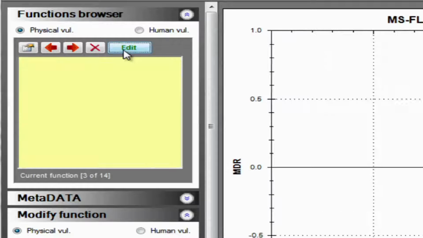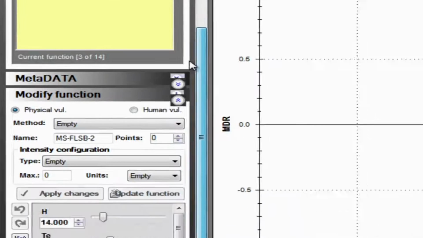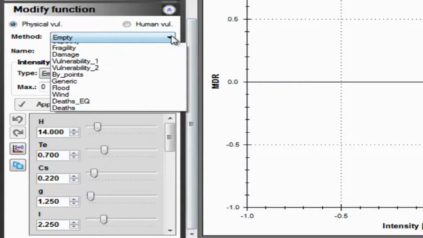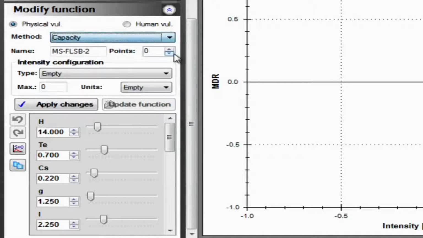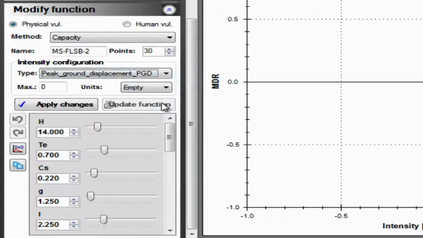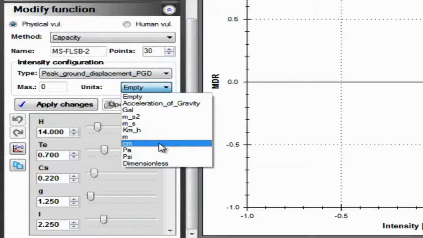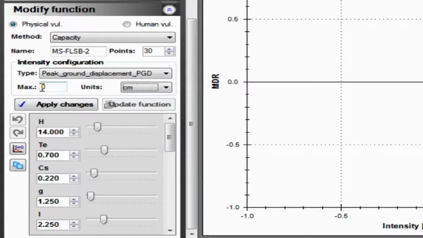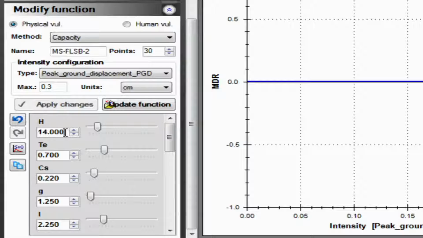When the unreinforced masonry function has been selected, the method should be selected as capacity, the number of points that define the function should be set as 30, the intensity type as peak ground displacement, the intensity units as centimeters, the maximum intensity value as 0.3, the height changed to 5.6 meters,